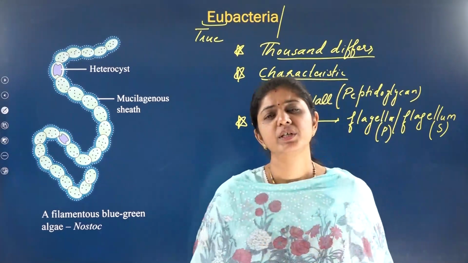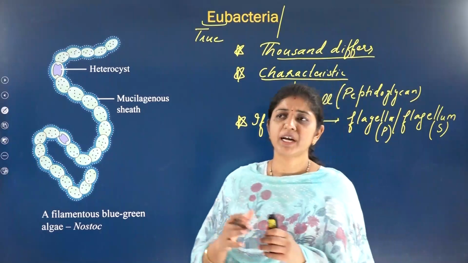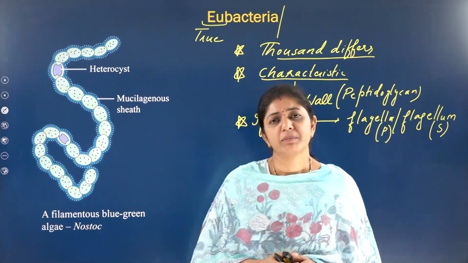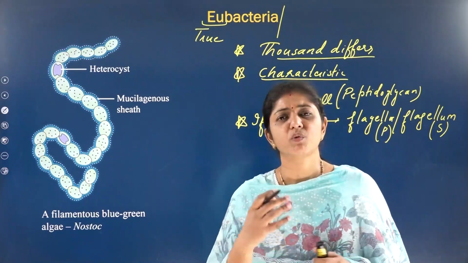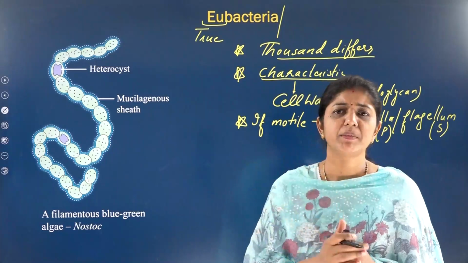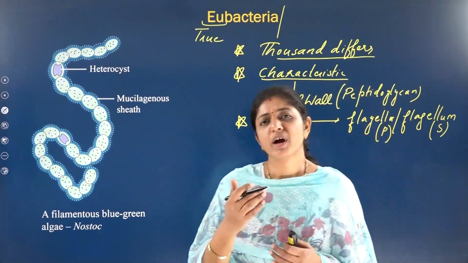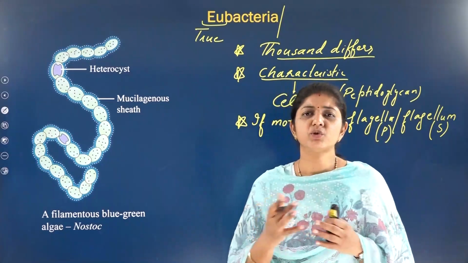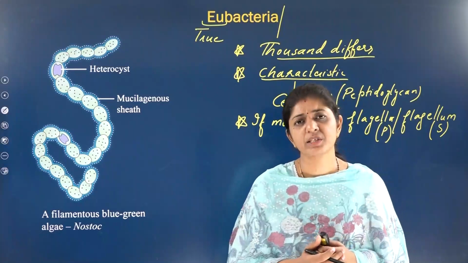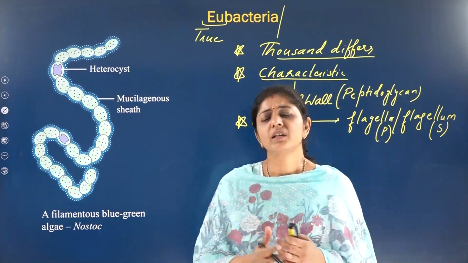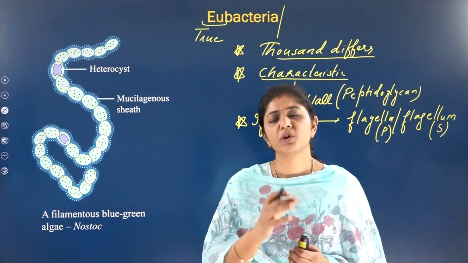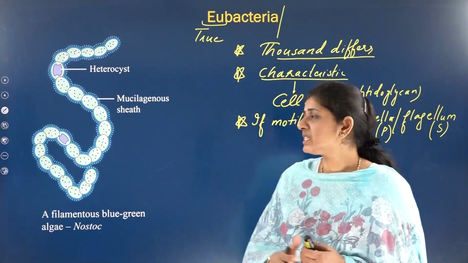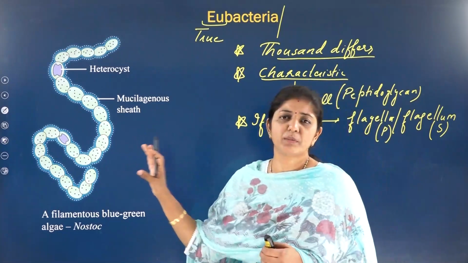Now here many questions are going to be framed by the NEET question paper setters. Every time they give some questions as one statement or multiple statements, and you have to choose the correct and incorrect ones. We will solve a few of the questions at the end which appeared in previous years from the topic of Eubacteria only. But Cyanobacteria is the most common one there.